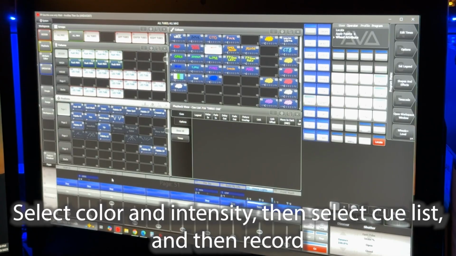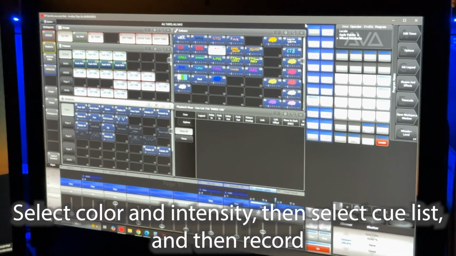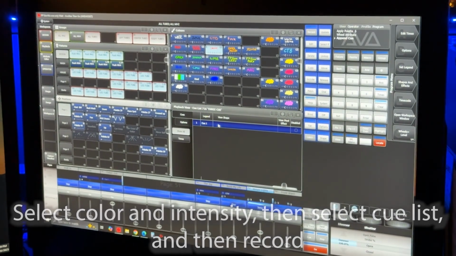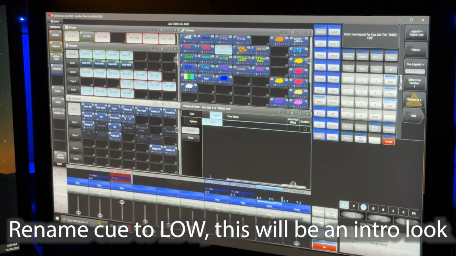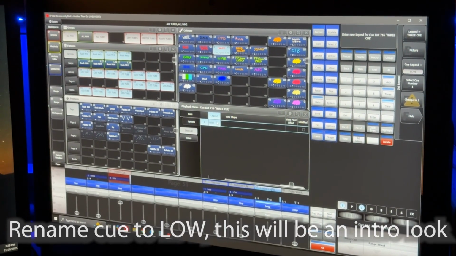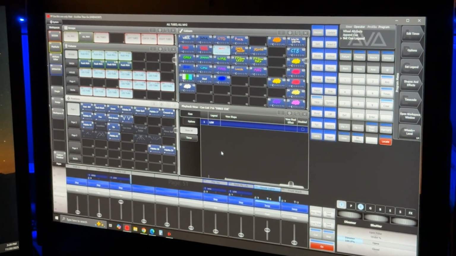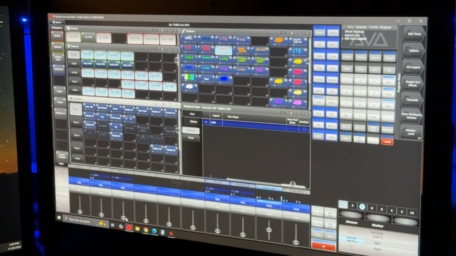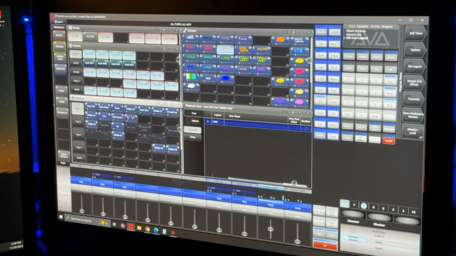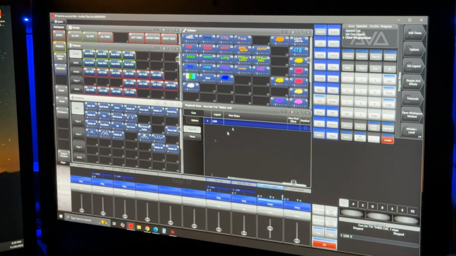For this case, select your cue list, record, and now you have your first cue. So we're gonna title this low, and then hit clear, and then that will be off. Okay, so now